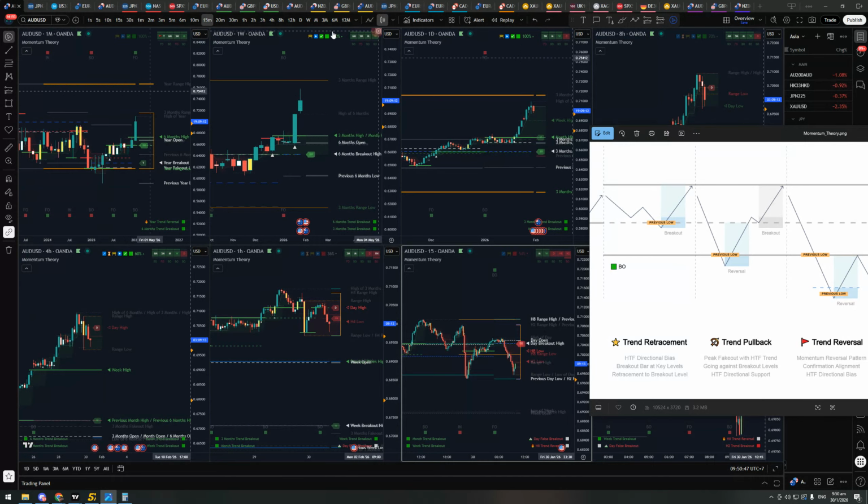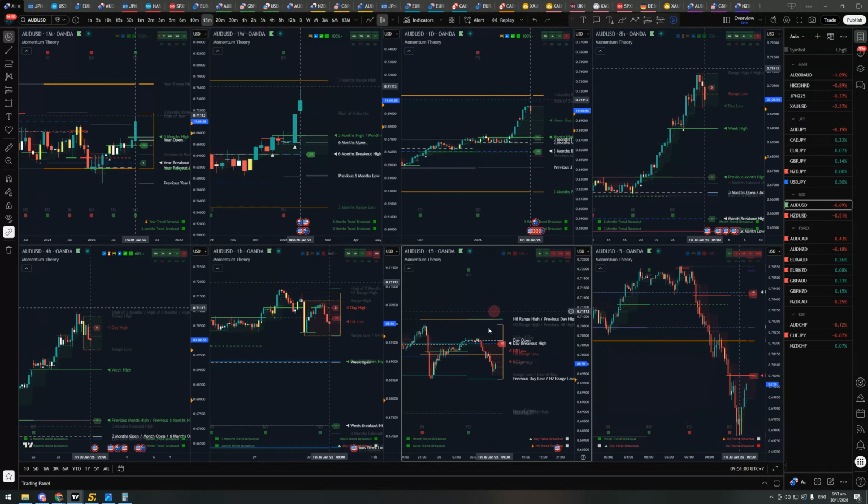And if we have strong momentum, and actually we do, we have weekly and daily pushing up, that tells me that these higher time frame traders are pushing up. 6 months, 3 months pushing up, and the monthly pushing up. Lots of confluence. If that happens, then I don't mind taking it all the way back up to the previous